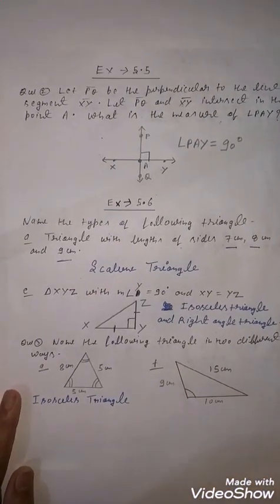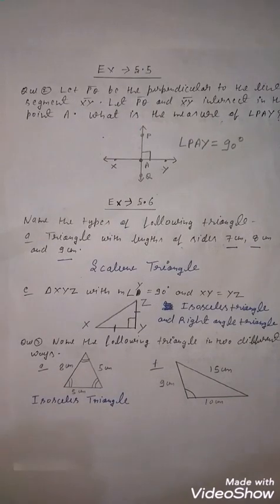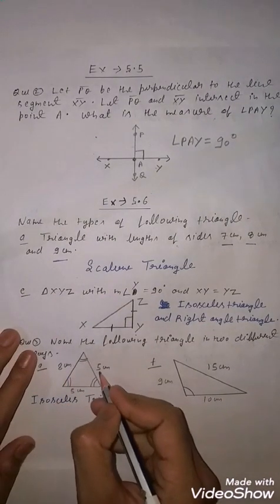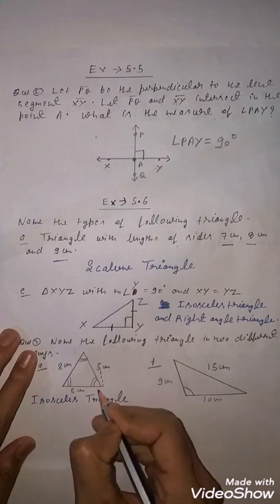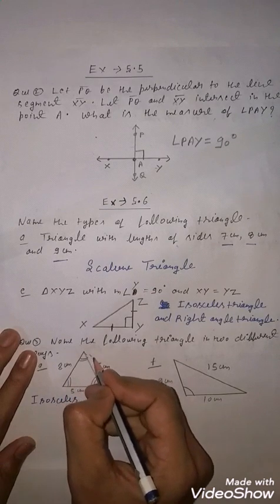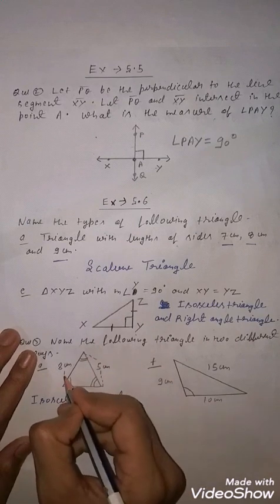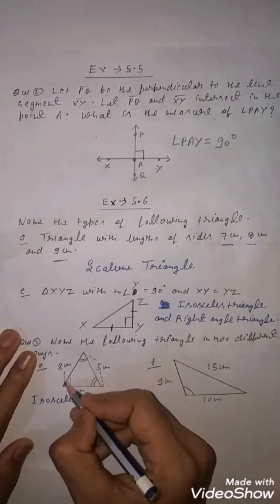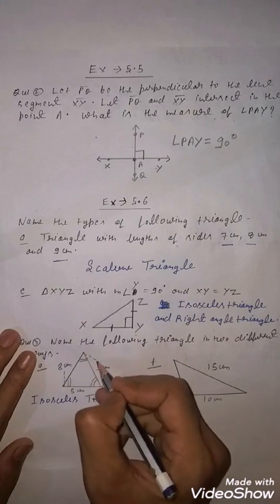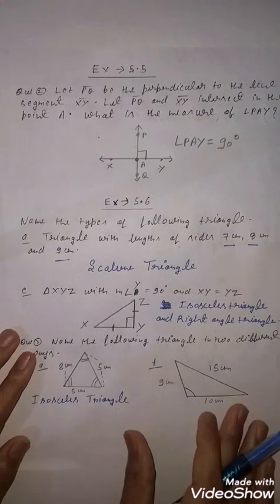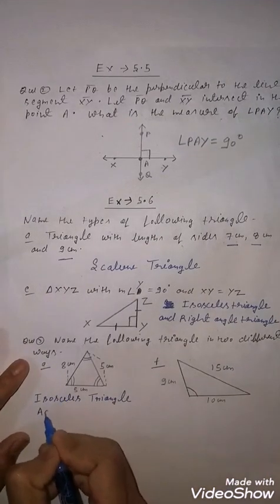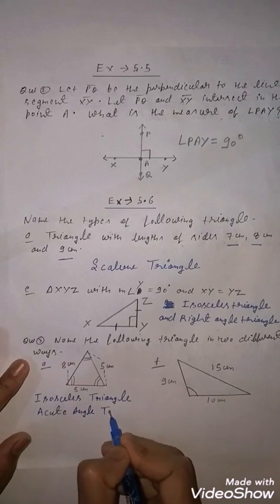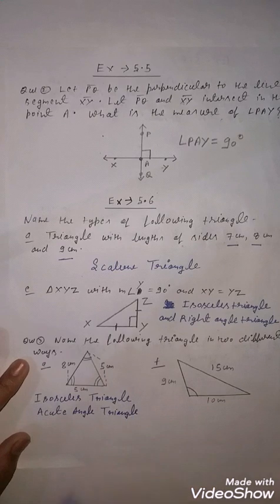Clear, students? If you want to know according to the basis of the angle, so you know that, students, in previous video also I explained, if we want 90 degree, so this is 90 degree of this line, here it will go 90 degree, and this one here it will go 90 degree. So this one is 90 degree, and this line is less than 90 degree. This line is also less than 90 degree, and this is also less than 90 degree. So if all angles are less than 90 degree, it means what? Acute angle triangle. Clear, students? I also explained in previous video.